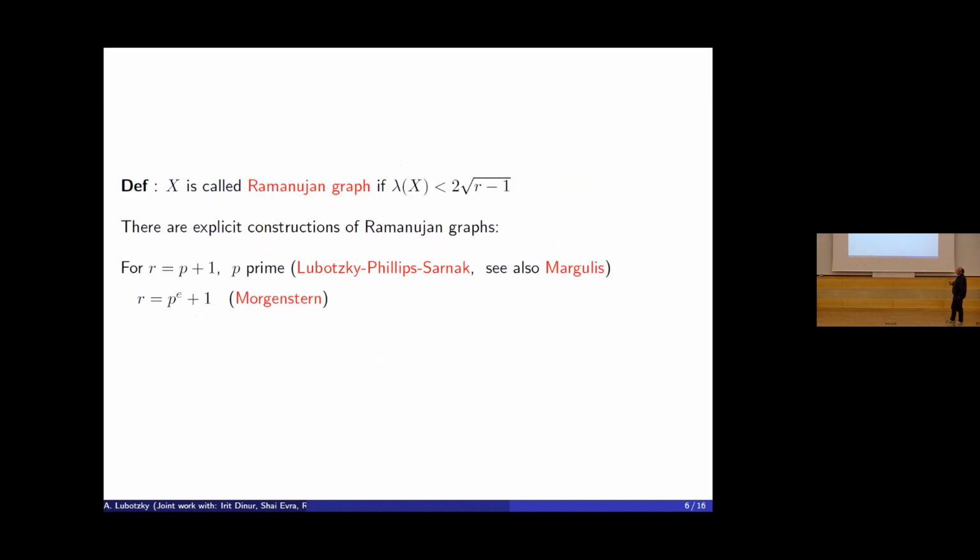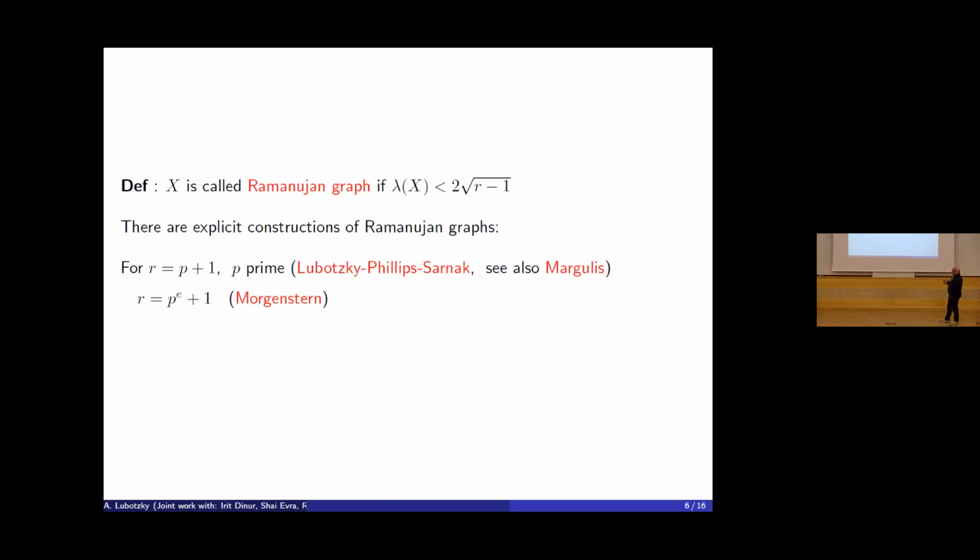We don't really need Ramanujan graphs, but we do have them. This is by a famous theorem of Alon and Boppana. You cannot do better than this bound if you want an infinite family of R-regular graphs for the same R. Again, it's not at all clear that such